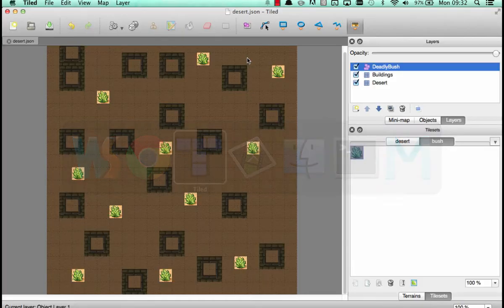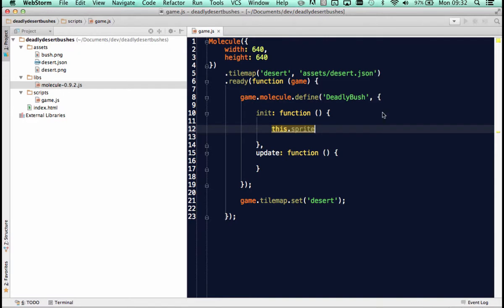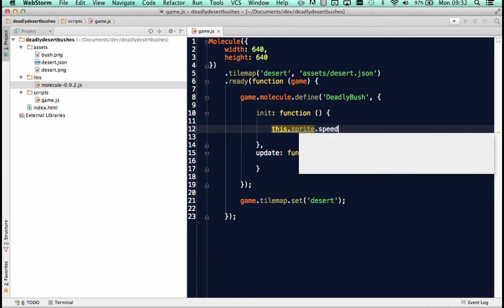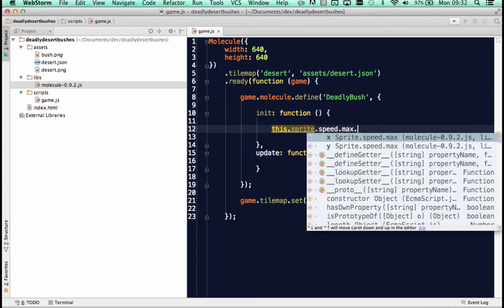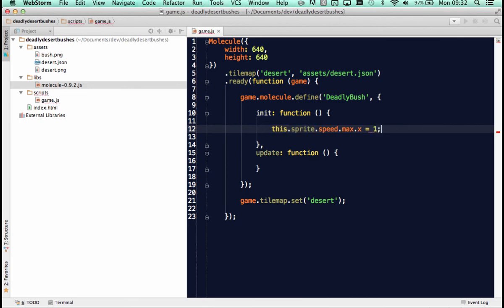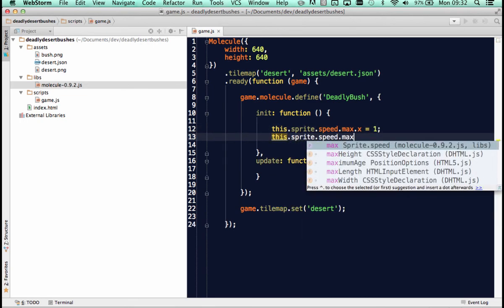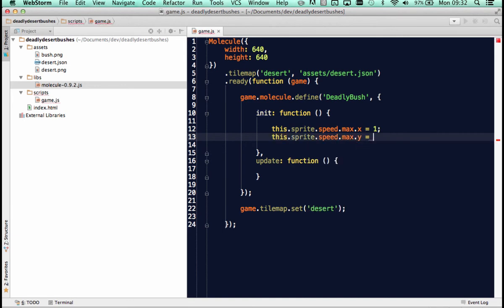So this happened when we linked the Deadly Bush object layer to the molecule in our game. What the molecule framework does is create this sprite property to let you manipulate it. So I point to this.sprite, and I will set the speed max x to 1, and I will also set the speed max y to 1,